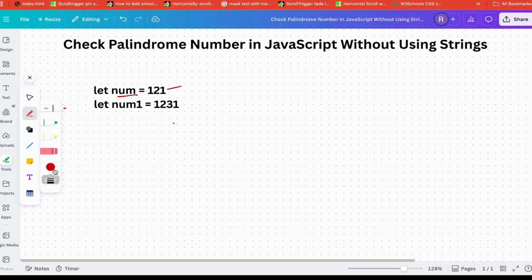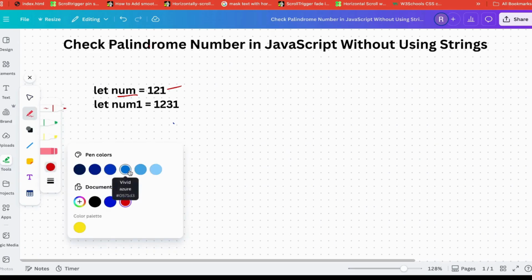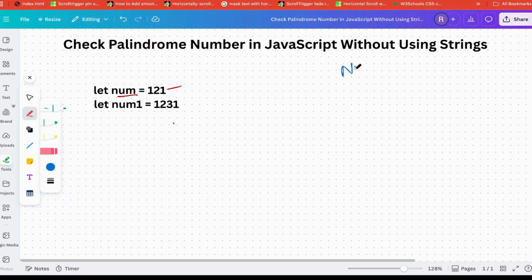To solve this question, what would be our approach? Our num is equal to 121, and we have to remove the last digit. So we have a digit variable here. When we remove the last digit from here, next is our reverse, and we add this last digit into our reverse, and our updated